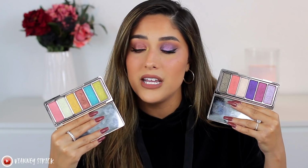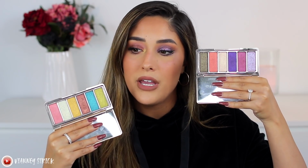I think that the formula is really nice, really pigmented. If you're more into the cool tones, purpley pinks, definitely pick this one up. If you prefer more like earthy tones and a pop of blue, definitely try this one. I do think the price is good, $25 for 6 shades, and by the way, this does come with 1.3 grams. I do think that the packaging is really nice, the shades are pretty, it does come with a lot of shadow,